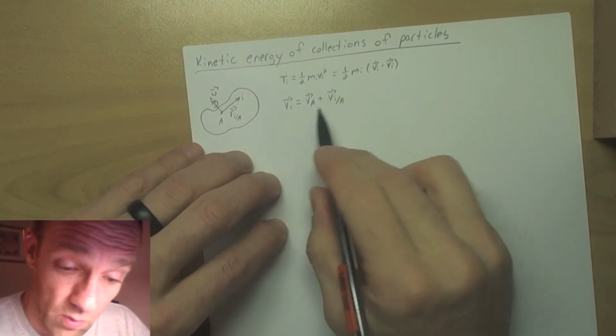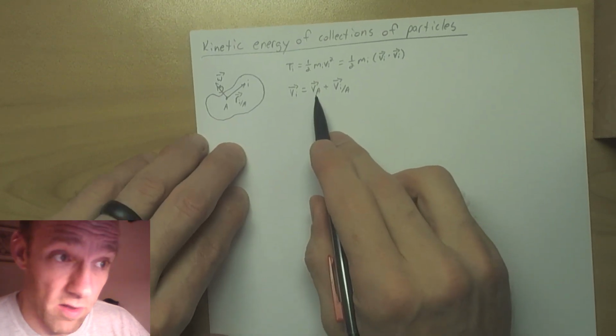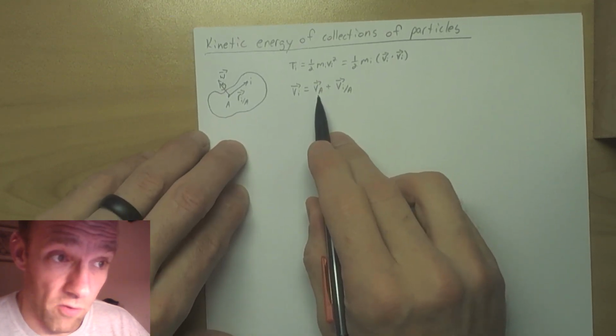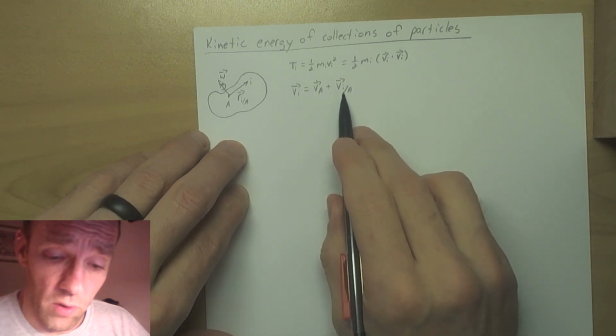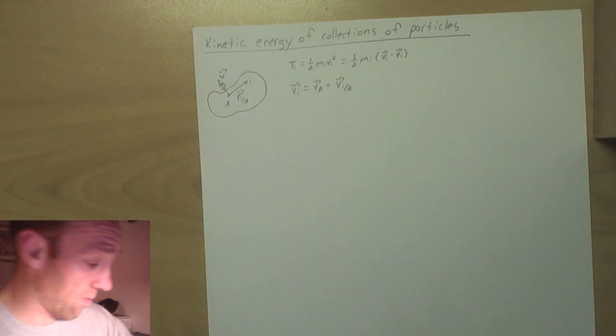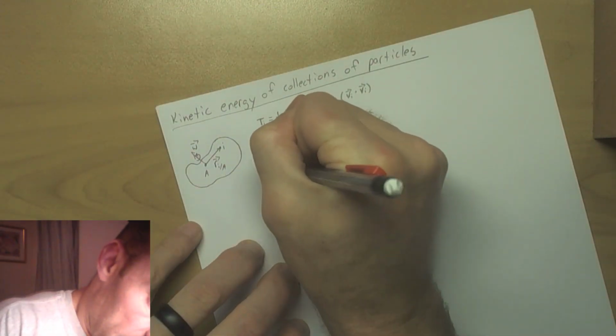The velocity of A, these are vector equations. So the velocity of particle i is equal to the velocity of the reference point plus the velocity of the particle i relative to that reference point. That's trivial, right? So then